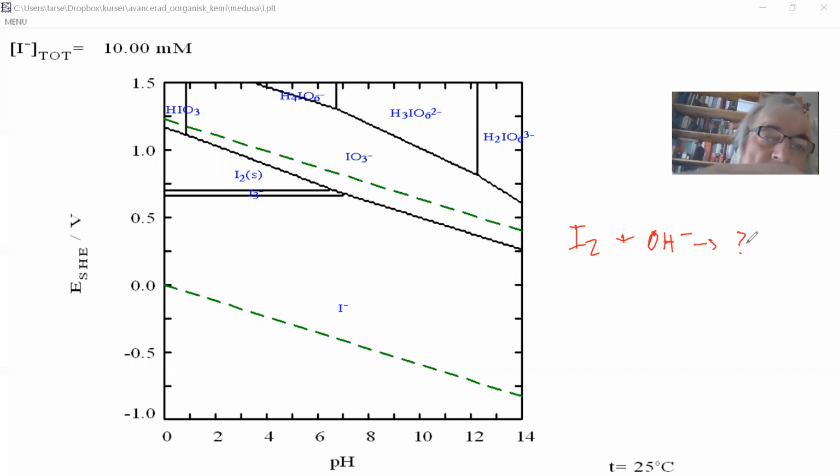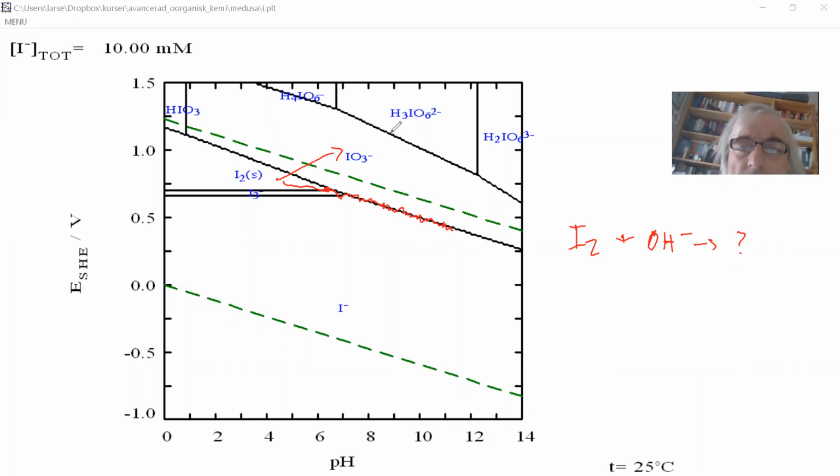So you are somewhere in that area, make it alkaline. It's no problem to increase pH even more, but where do you go? You can go to that point, and then you're forced to be on this equilibrium line. I mean, you can't go